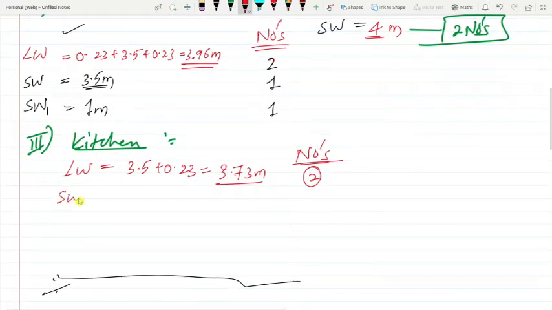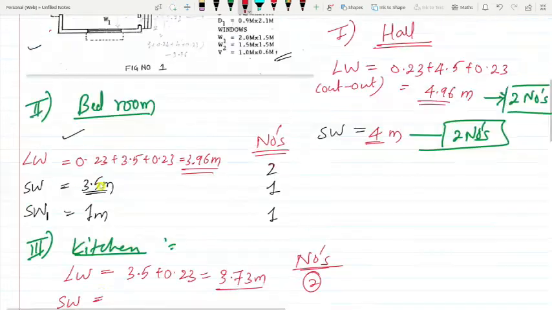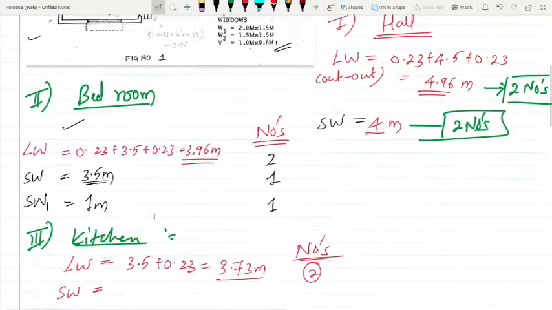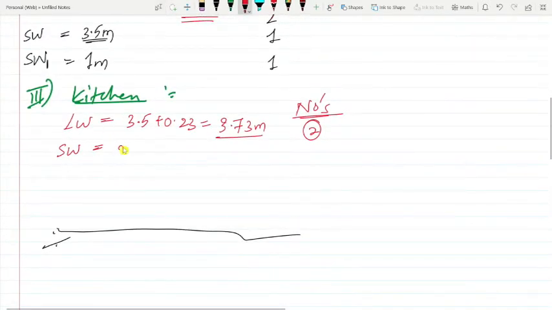Now again the short wall. The short wall you can directly take as 3 meters. Short wall is 3 meters.